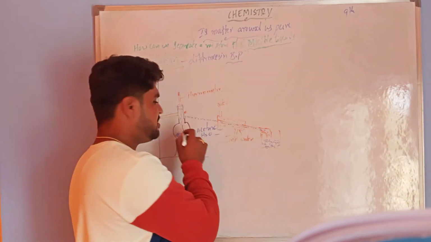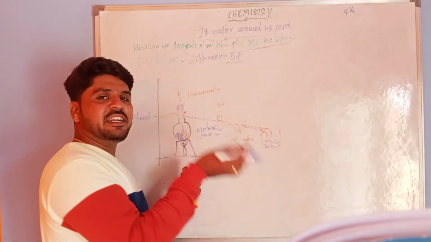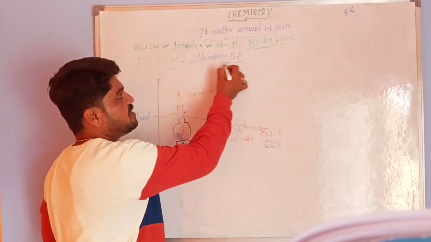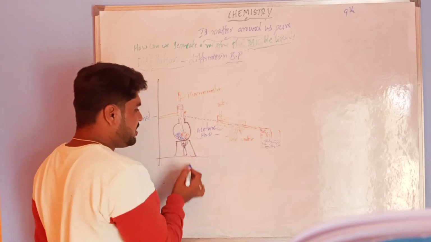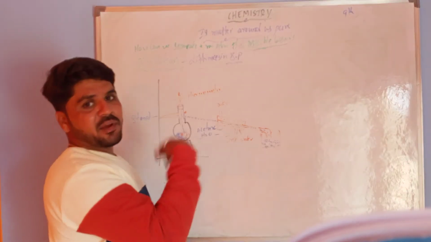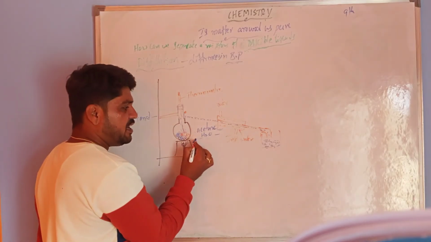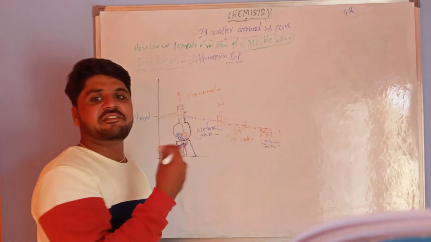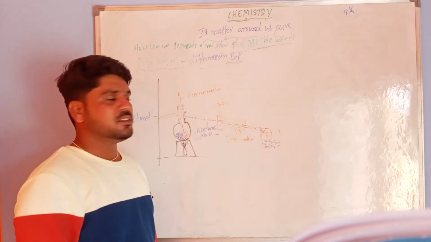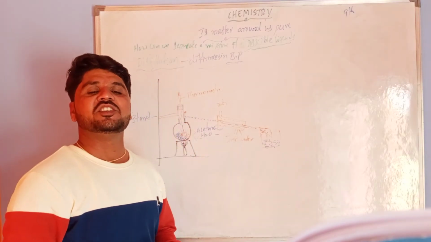This acetone and water is a miscible liquid mixture. Acetone and water completely mix or completely dissolve. This type of mixture can be separated by the distillation process, using the differences in boiling point. When we give the temperature, the acetone easily vaporizes at its particular temperature. The boiling point of water and the boiling point of acetone differ. That's why we can separate this type of liquids. This is all about the distillation process.